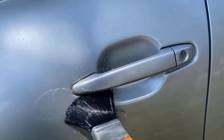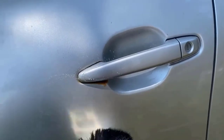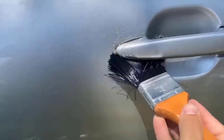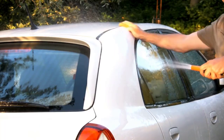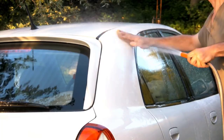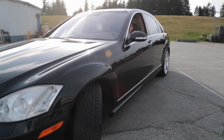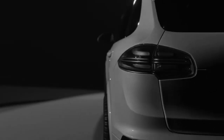Then, use a brush, such as an old toothbrush or a soft scrubbing brush, to gently scrub the rusted area. Rub the mixture into the rust, working it in until all the stains are removed. Once the rust is gone, rinse the area thoroughly with clean water to wash away any residue. This natural method will leave you with a rust-free surface, helping to restore the look of your car without using